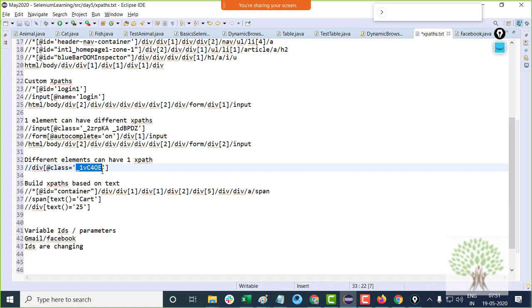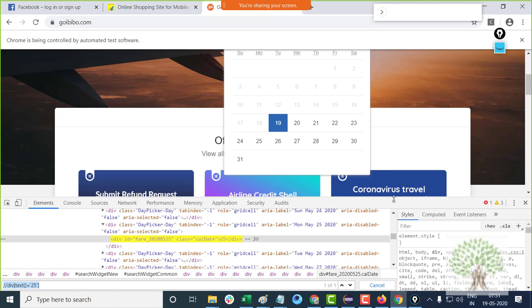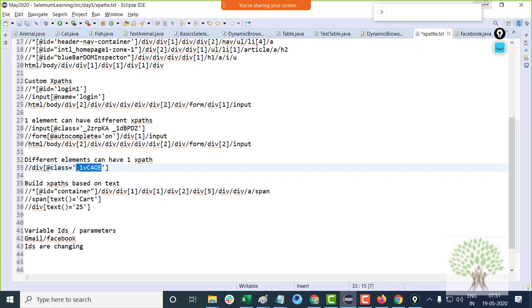Okay, so if the IDs are changing, then the XPaths will not work. I don't have an example right now. I don't want to log in into Facebook or Gmail right now, but I know that this happens. You get this ID today, suppose tomorrow you might get some other ID.